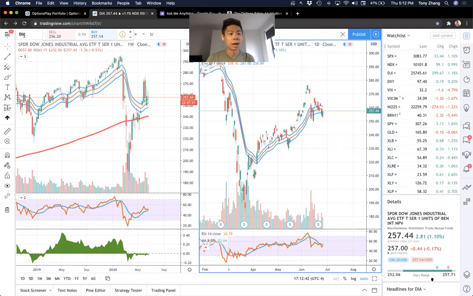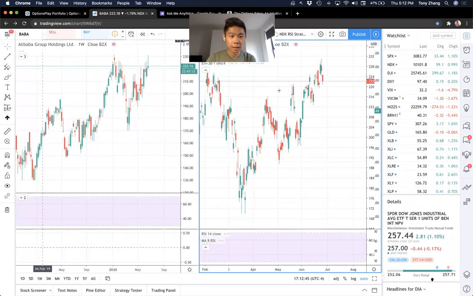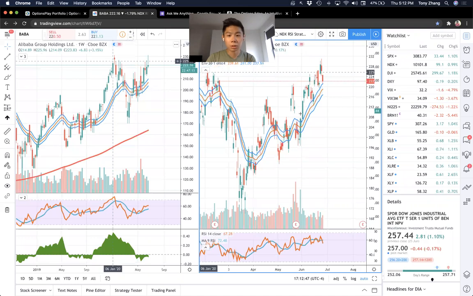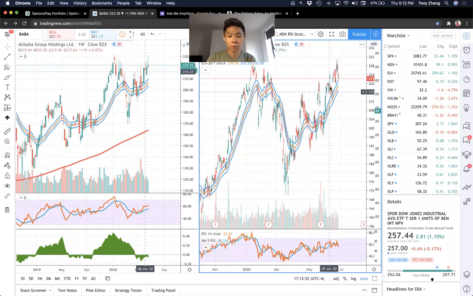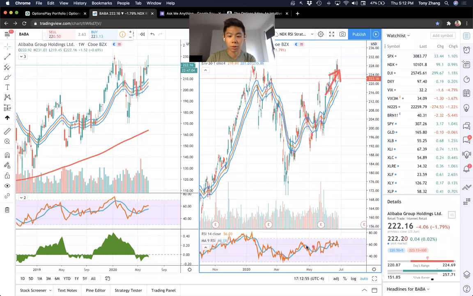Thoughts on Baba long? So Alibaba, I think, has been pretty strong here. It has been. But you do have this major double top here around 230 or so. And one of the concerns that I have with Baba is that as it continues to move higher, really for months on end, momentum continues to move sideways. It hasn't confirmed these moves to the upside.